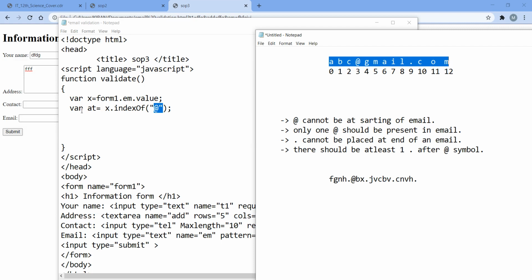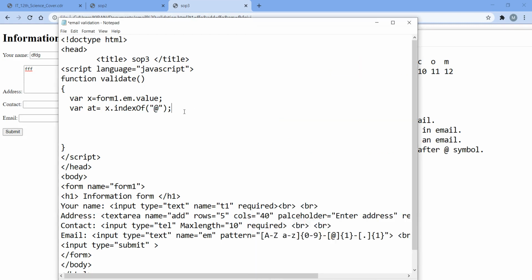And in at, what I have stored, x dot indexOf @, means the first position of the @ symbol. Now what is a position? Keep in mind that the position in a string always starts with 0. So 0, 1, 2, 3, 4 and further. In this email, the @ symbol has first occurred at the third position. So in this at variable, this position 3 will be stored.